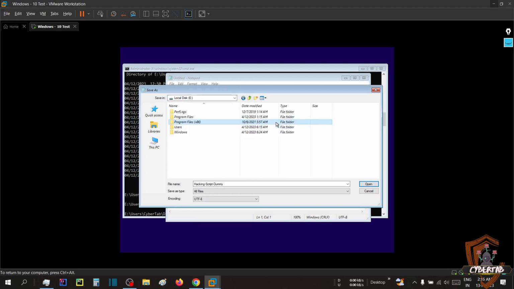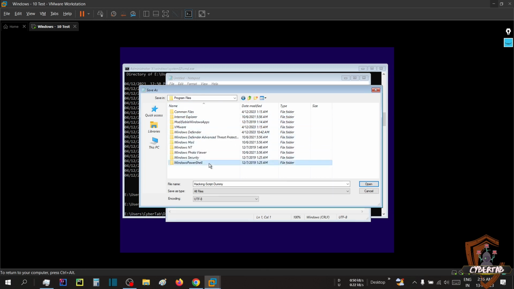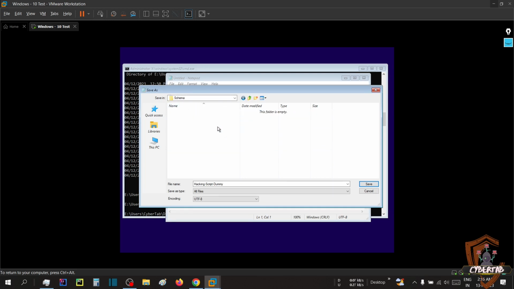So let's say I copy it into the program files, or somewhere in PowerShell configuration, schema database, and paste it here. It is not popping up. Just go back and it will show it here. So this is here. Yes, it requires a bit of coding and a bit of understanding of how the file system works,